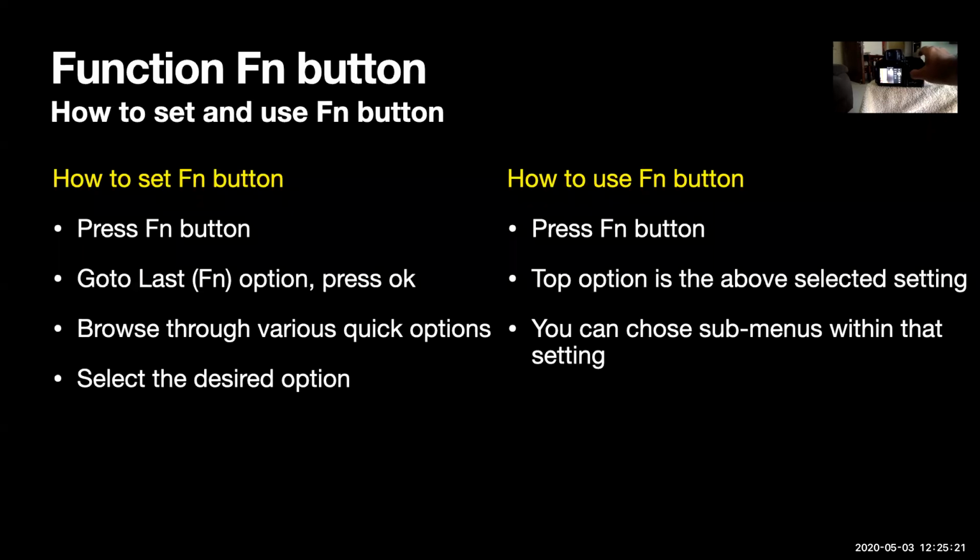Go back. So navigate through this and you will see image size is there. You can keep on changing the image size from 16 megapixel to 4 megapixel, etc. And image quality, vibration reduction, AF area mode. This is also a very useful button to have, but I generally tend to keep it on ISO. Okay, so how do you use it?